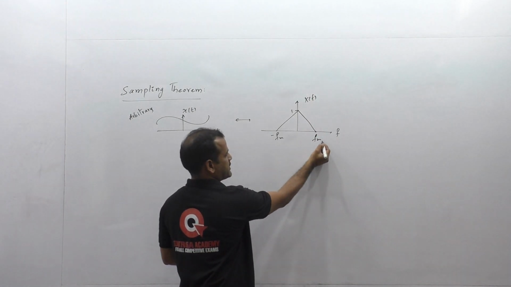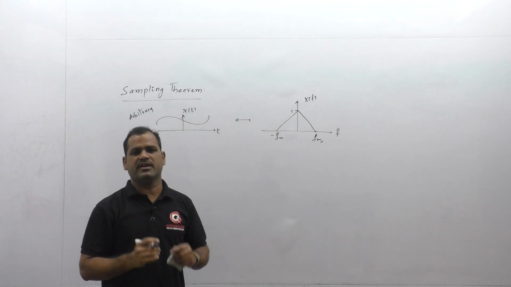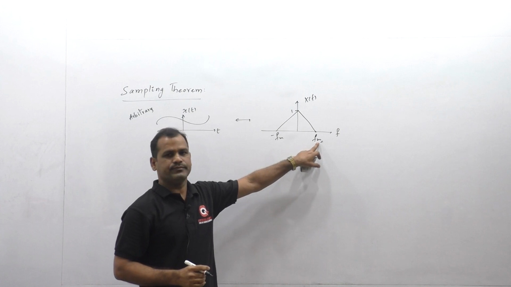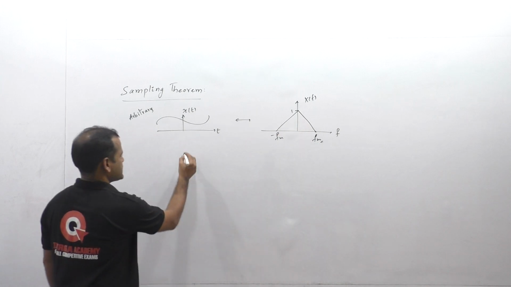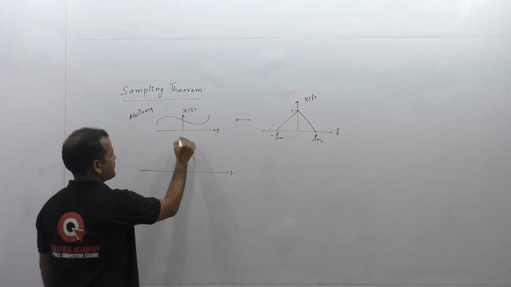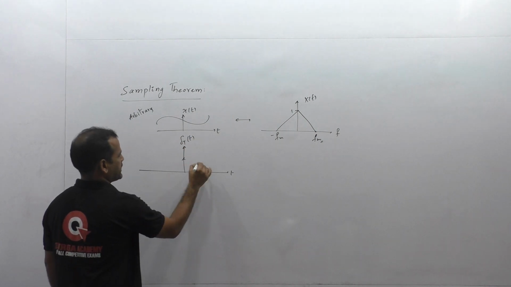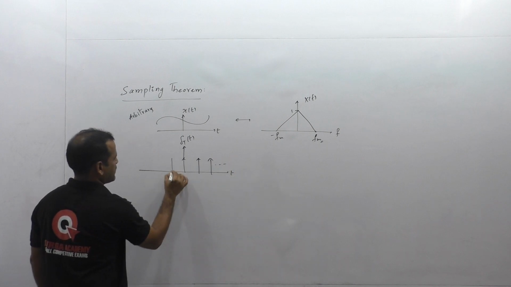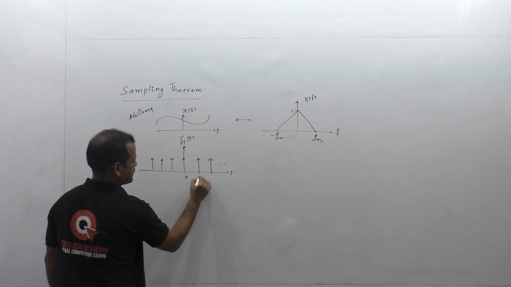Only thing is here the condition is it should have some highest frequency component because it is band limited in nature. So we are considering this signal which is band limited to fM, and a triangular shape we have assumed arbitrarily. Fine. To get the sampled version of this signal, what we are doing means we are multiplying with a train of impulse signals. Here a train of impulse signals means a series of impulse functions which are spaced each